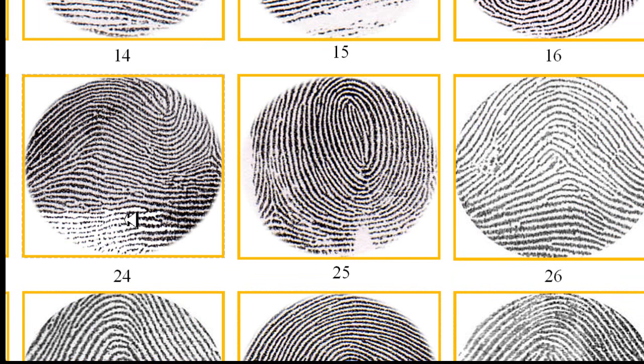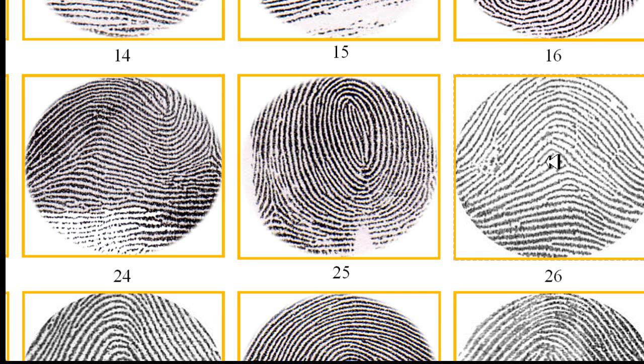Looking at 24, 25, and 26, 24 looks like a plain arch here. However, it has this ridge formation which curves and returns here, so we cannot classify that as a plain arch nor a tented arch. 25 is obviously not a tented or plain arch, and 26 has these ridges which tend